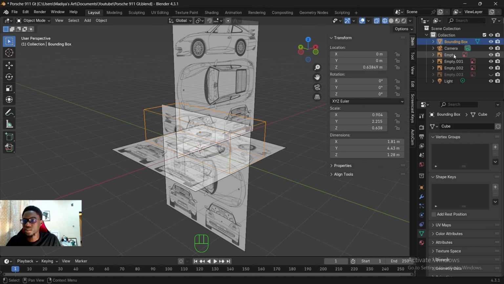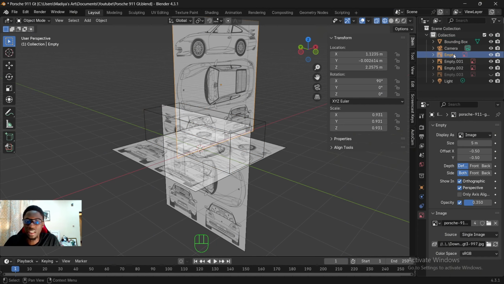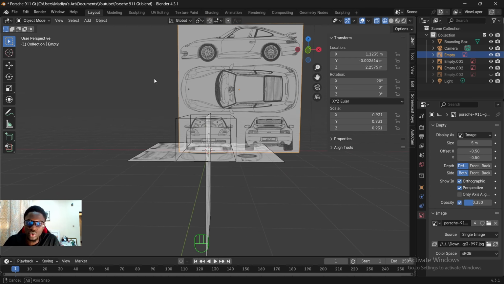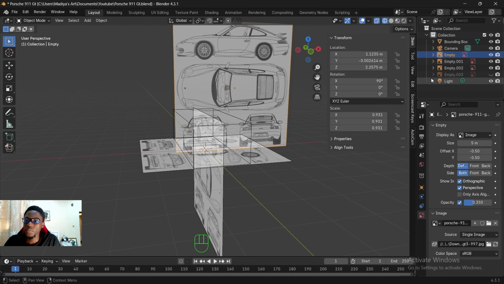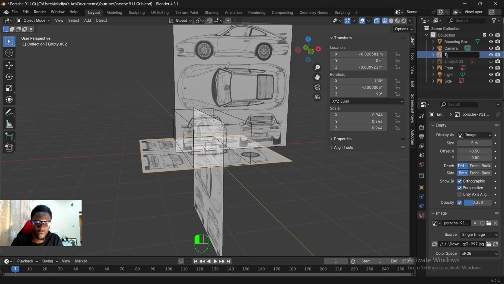Sorry, I went too fast. If you want to rename, you just come to the layer. You see, when I click, it shows what it is. Then double click on this, so then you just rename. Here I'm going to let it be front. Then next one, side. Then next one, top. Then next one, it is hidden,